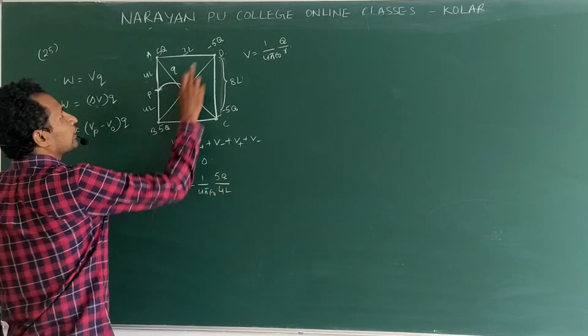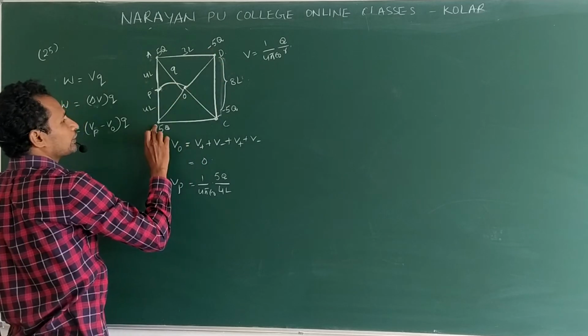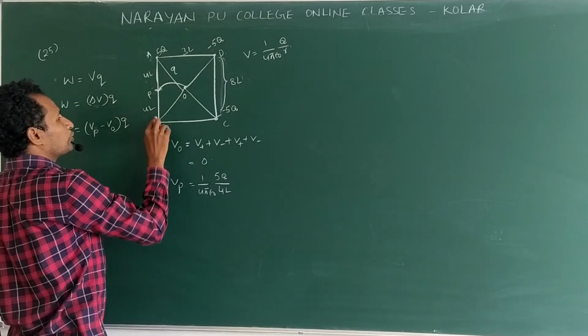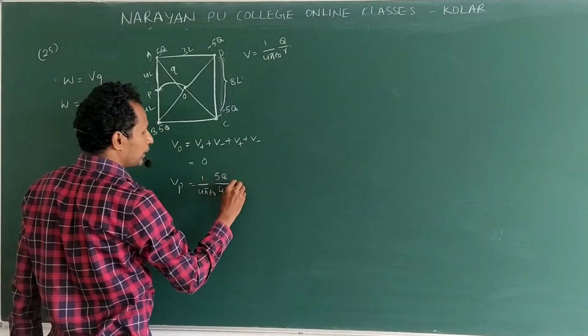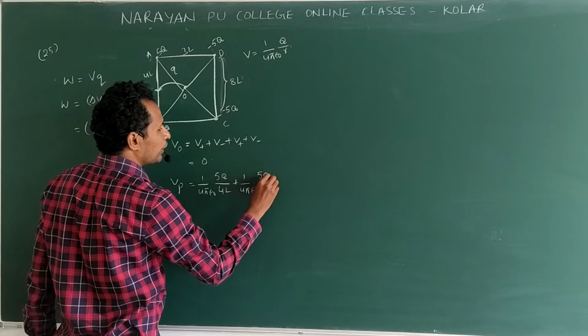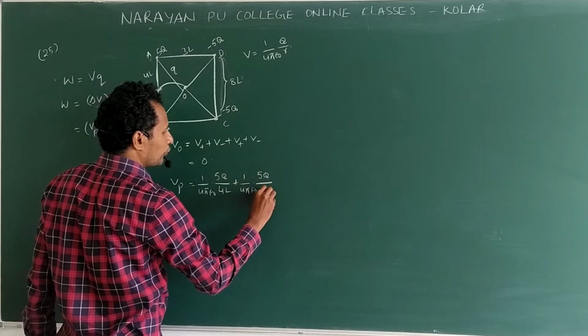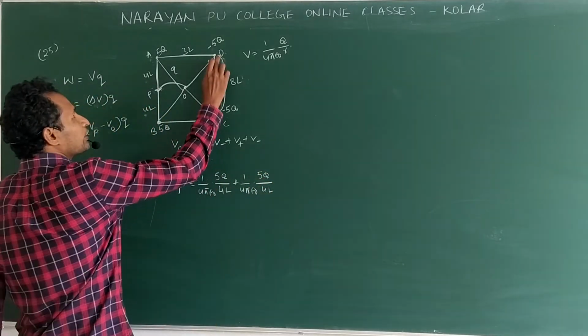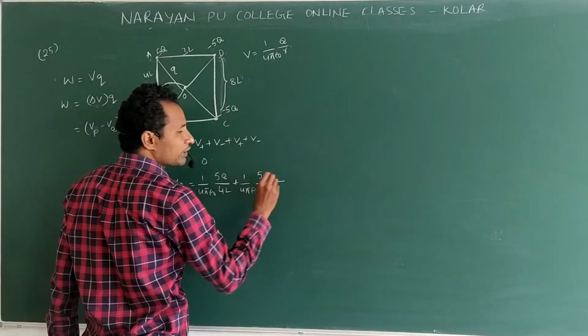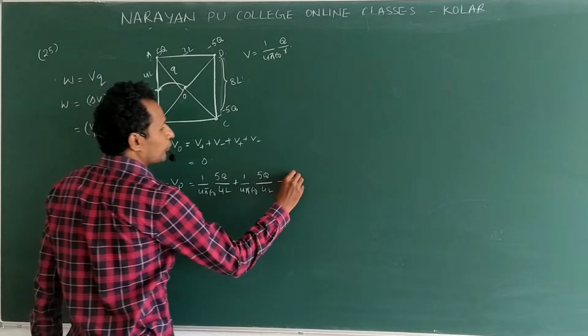Next, you take B. This is also positive charge. Distance between P to B is 4L. So this is plus 1 by 4 pi epsilon naught 5q by 4L. Next, negative charge. So negative is there, potential is minus, so I can write directly minus 1 by 4